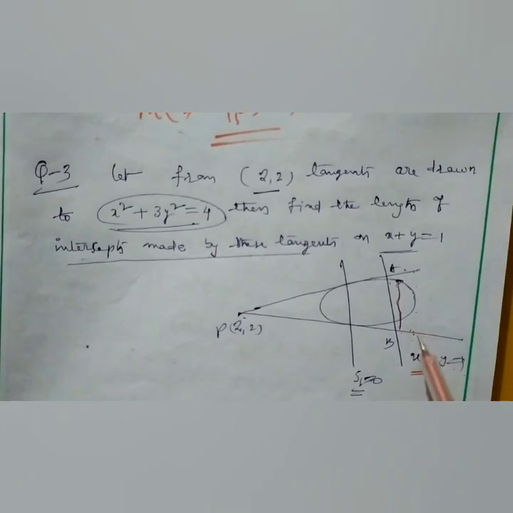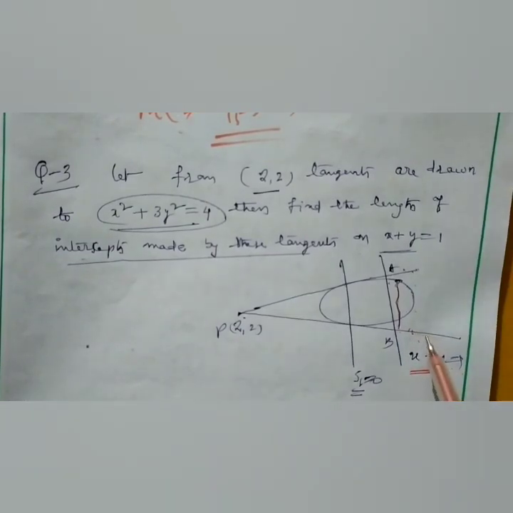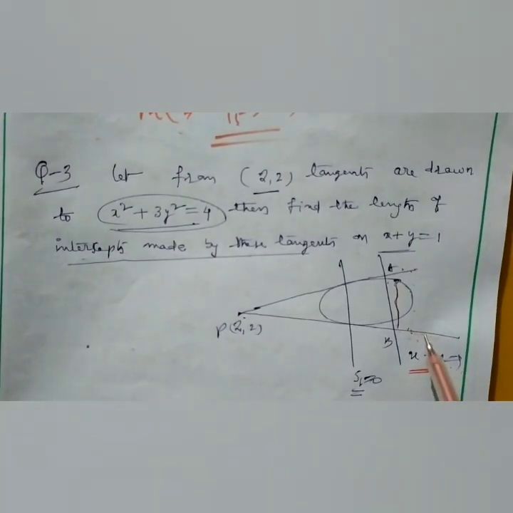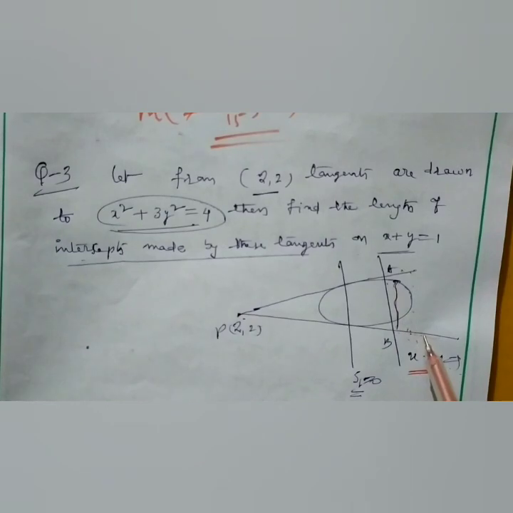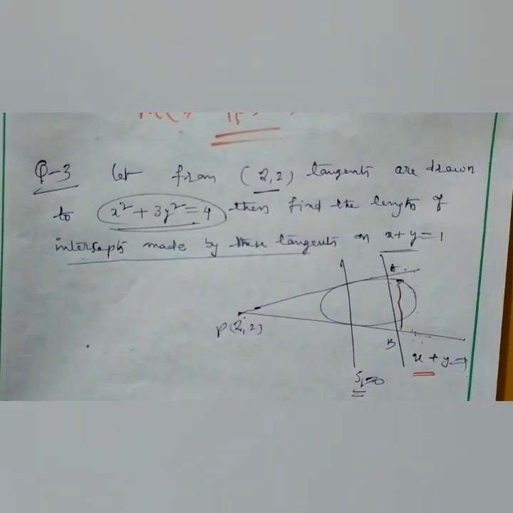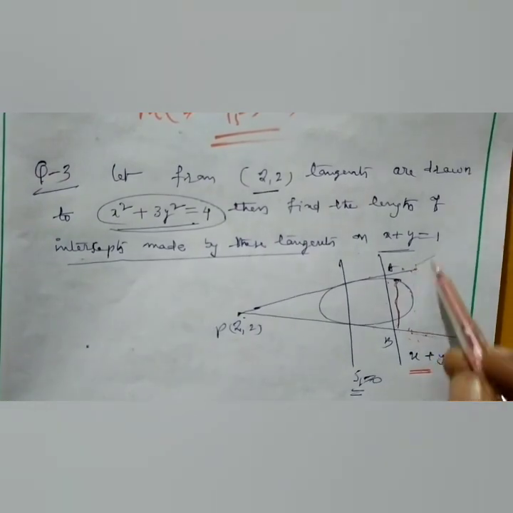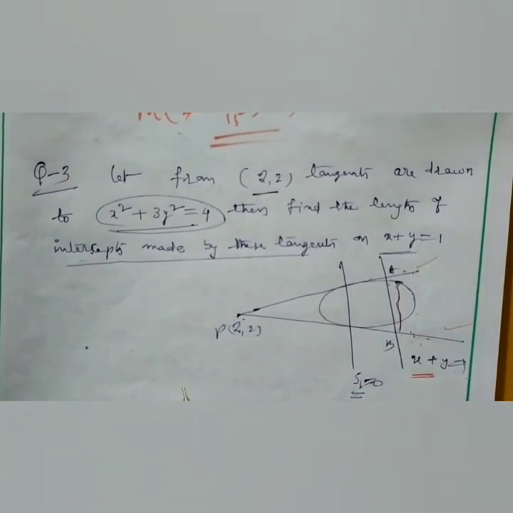So here in this case the conic is a pair of straight lines. If you are able to find the pair of lines equation using the method we have already learned, the length of the chord is equal to root d by a into root of 1 plus m square. By solving the line and the pair of lines, we will get the length of the chord. So we need to find the conic equation.